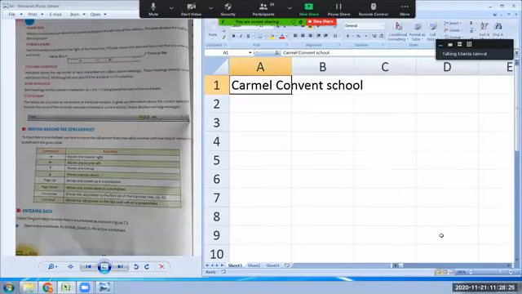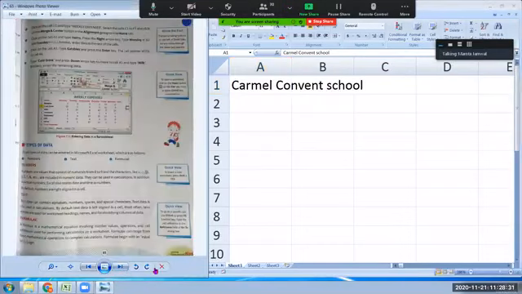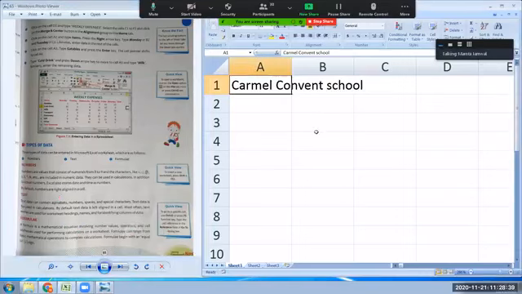Entering data, you know how we enter data, right? Now we have types of data. Types of data are given on page number 65 of your book, right? So how do we enter data? We click on a cell and we start entering data. We have different types of data, right? There is number data, text data, and you type formulas.